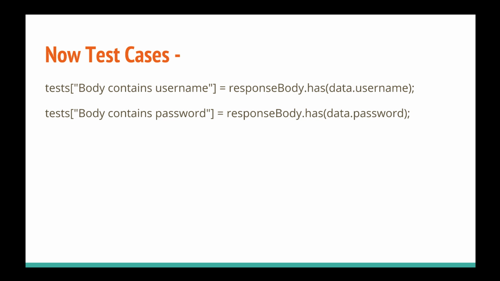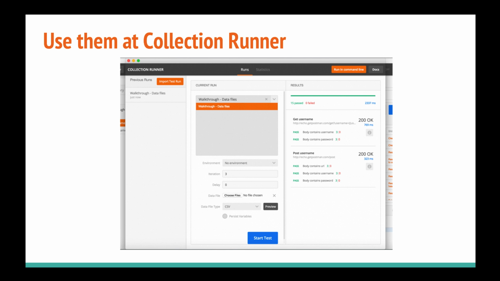Verification of test cases in Postman is very easy. You just write a test that the response body contains username, where response.body will give you the JSON, and you can verify it using data.username. For example, if you are expecting admin as your response, data.username will contain admin and it will just point it out. So how can we use the CSV data as well as JSON data at runtime? You can pass it when you are running your collection, and that will be seen in this